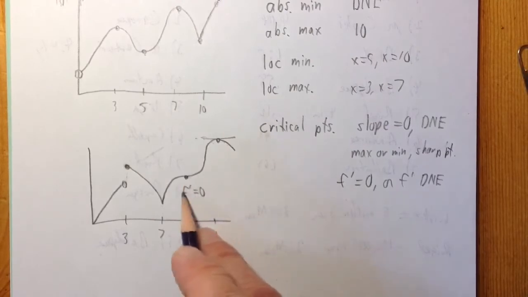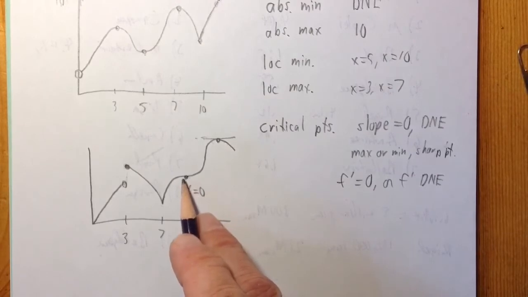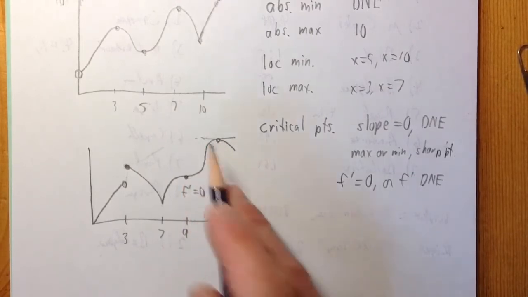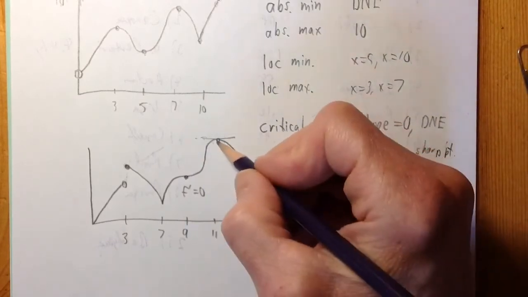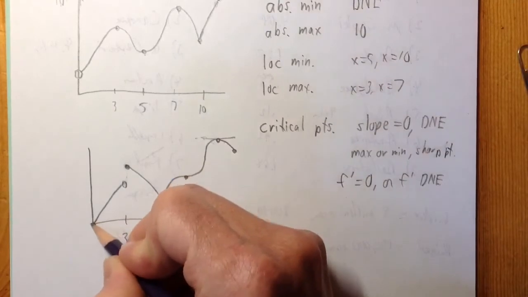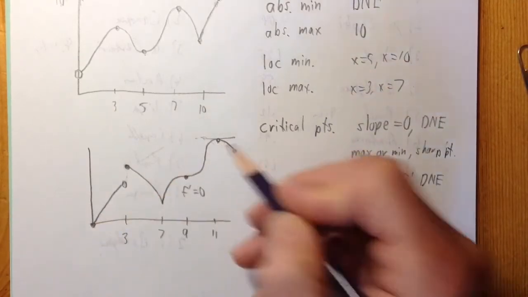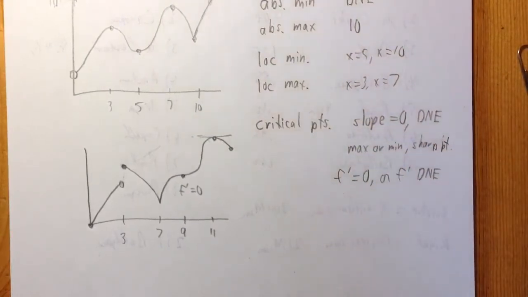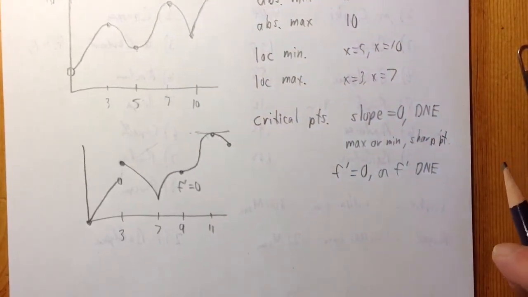So again, just because the slope is 0 does not mean it's a maximum or minimum. And here is a normal critical point where it's a local maximum. And this is also an absolute maximum. If we stop the function here and here, this is the biggest it gets. So it's a local and absolute maximum. So those are just some definitions that you'll play with. A typical problem in this chapter